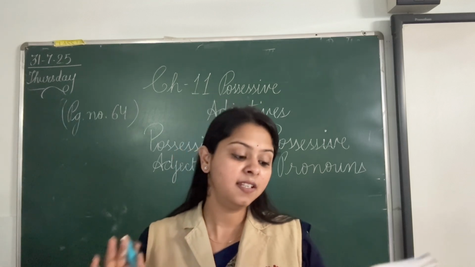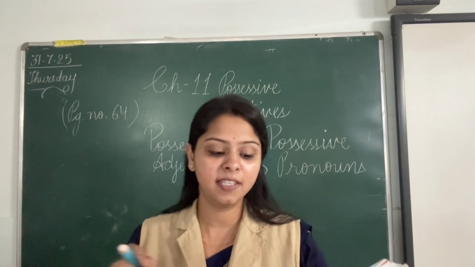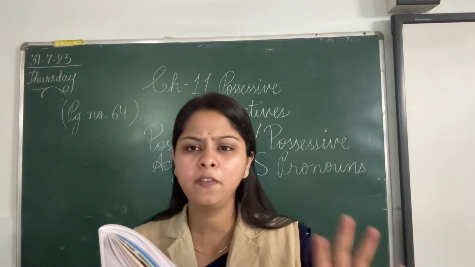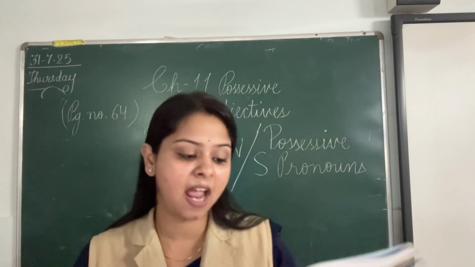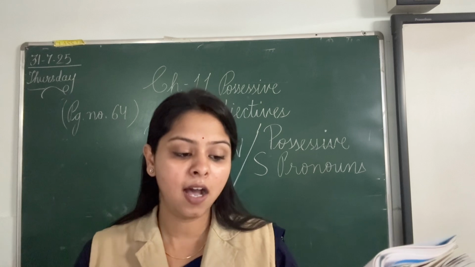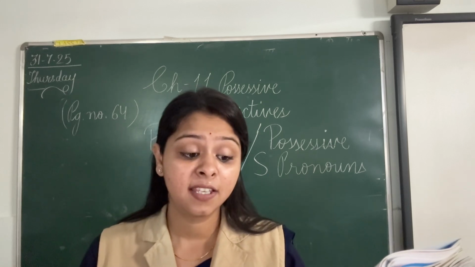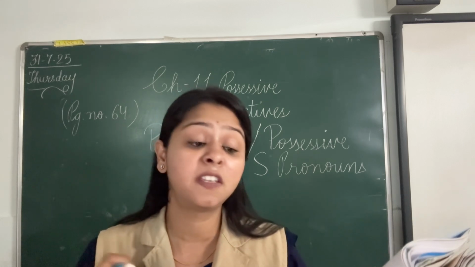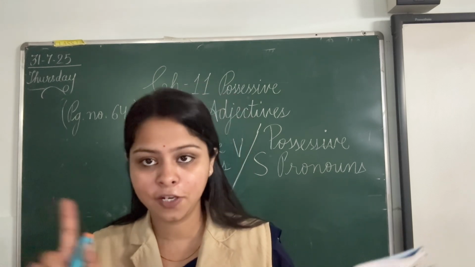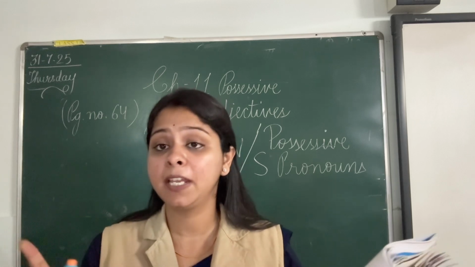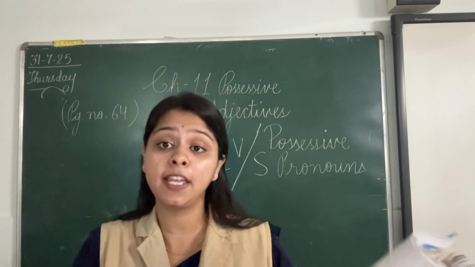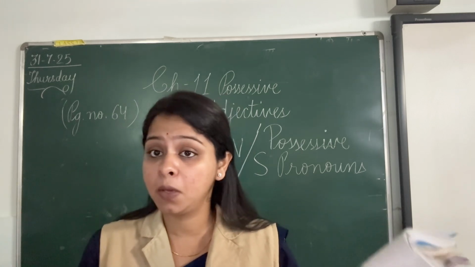The bird is in its nest. Now see, we saw a table. What did we read in that table? Let's understand it. In the above table, my, your, our, her, its and their are possessive adjectives, and they are followed by a noun. As I told you in the beginning, possessive adjectives are followed by a noun, which is a naming word.